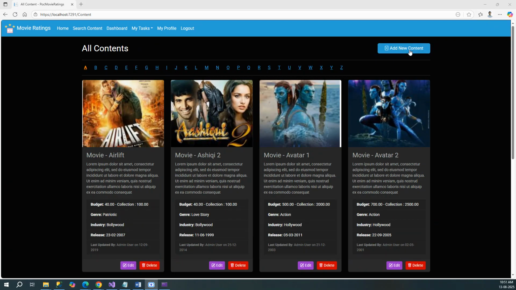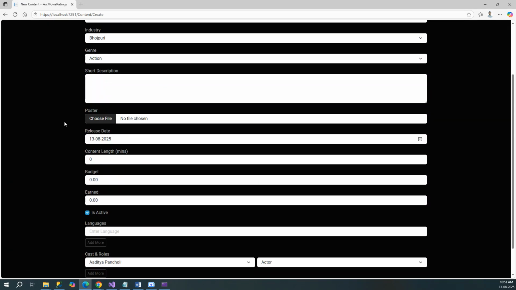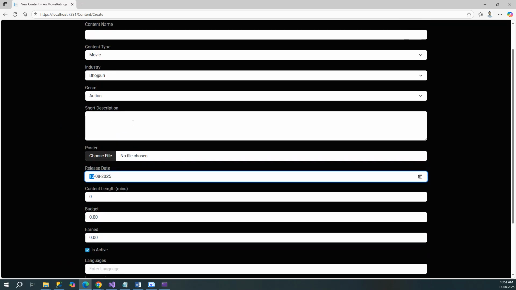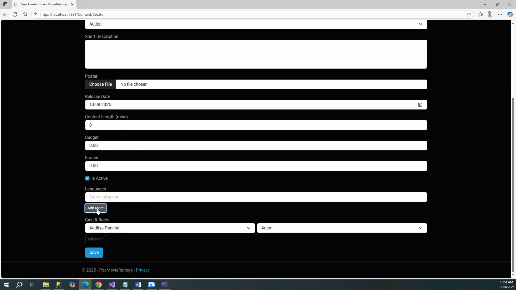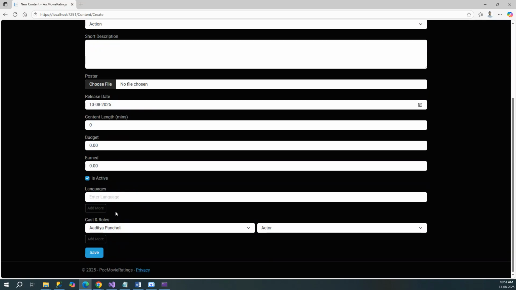So I have relogged in, and let's say add. Okay. So now we can see release date at today's date. This is good. However, a few improvements need to be done. And let me see if these dynamic controls are getting added. These are not getting added because while we did copy paste all this code, we missed to copy the